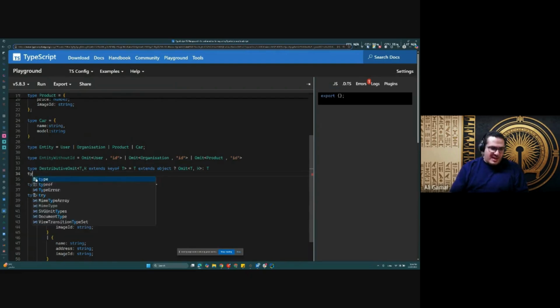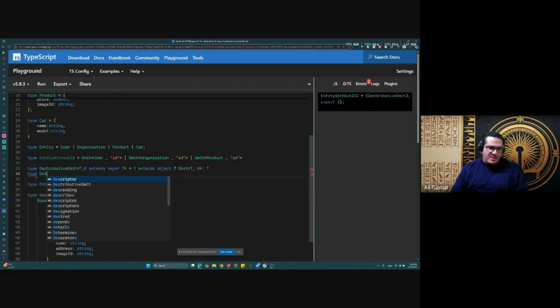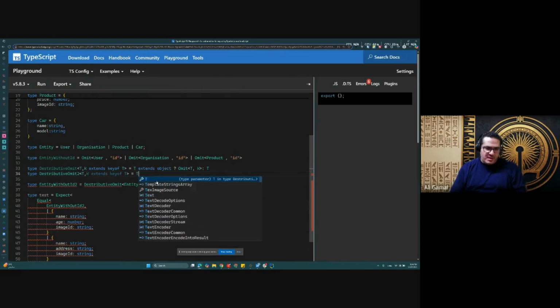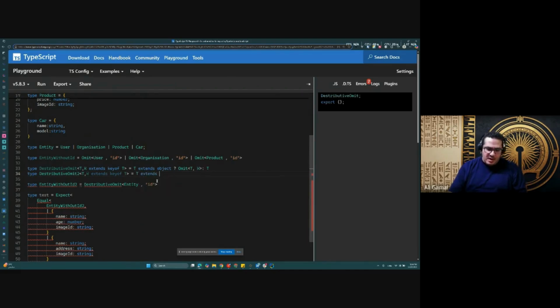So I did this type, distributive. If I can write, DistributiveOmit. Let me do two or something, and then we will pass the same thing, K and T. Let me copy that. Okay, and then equals. Now I had to think about it a little bit. And what I did is actually, of course, same. If the T extends an object, same thing. But right now I need to check for the K. And then I said, if K